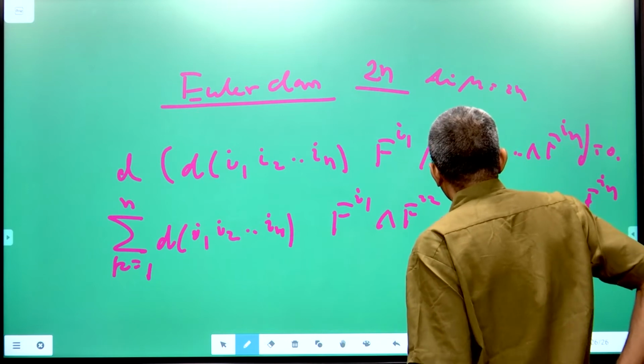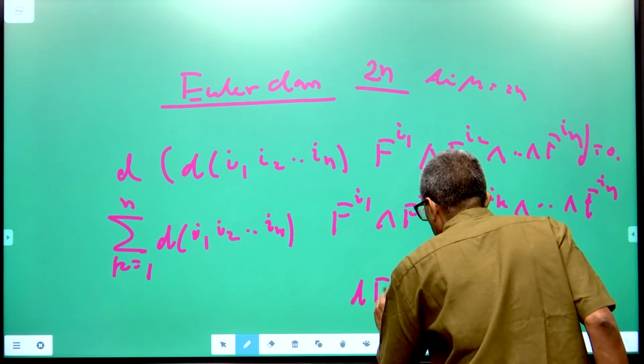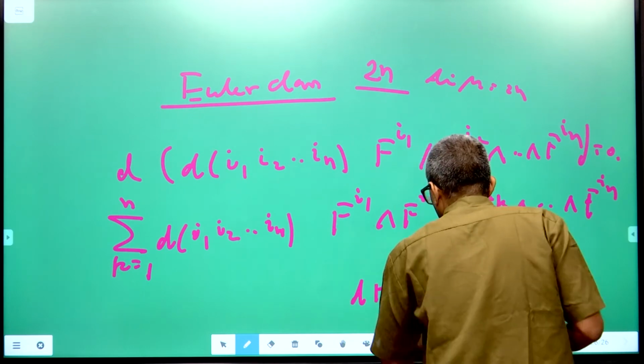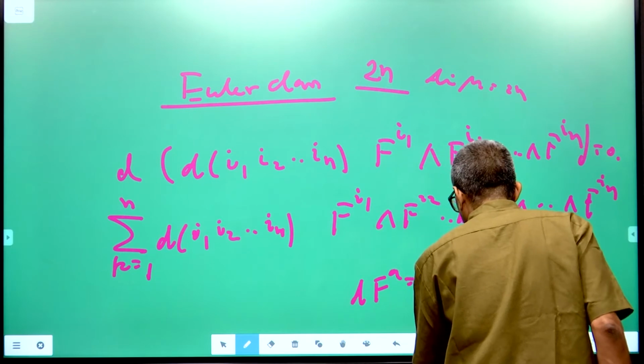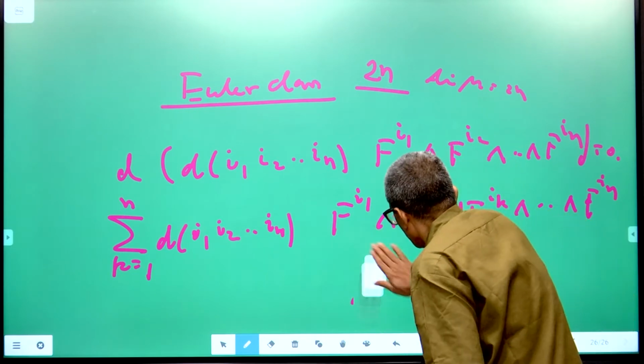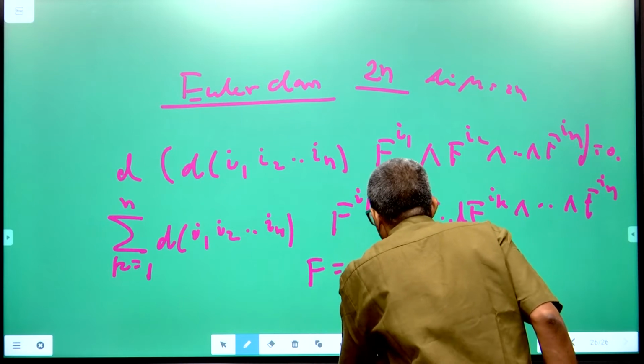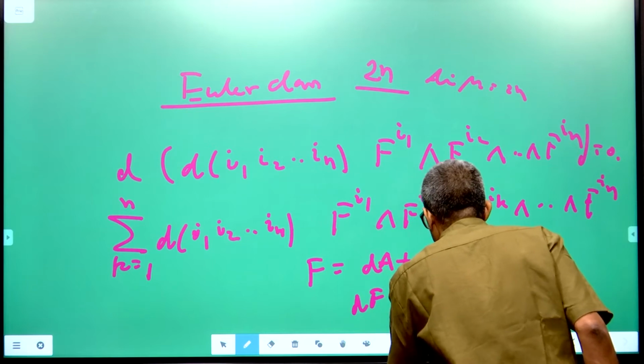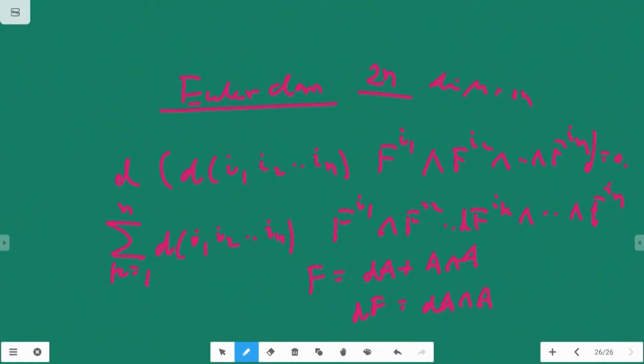So you write df^i. What is df^i? What is df of A? Remember what F was: F was dA plus A wedge A. So dF was nothing but dA wedge A minus A wedge dA. So if you substitute this into df^i,